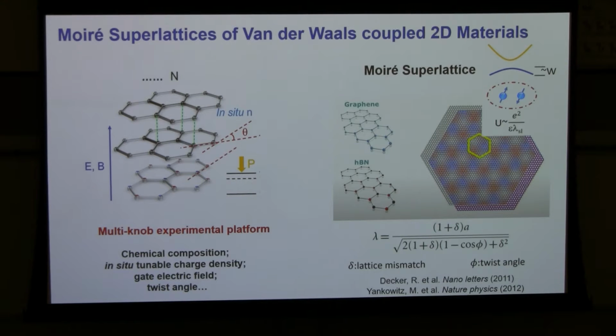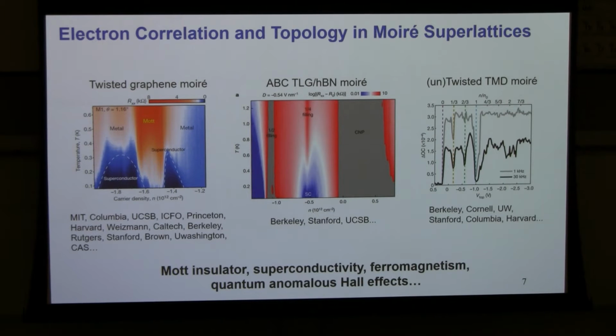And that additional modulation in real space can give you an additional knob to control the bandwidth to get flat band, and also control how strongly the electrons are talking to each other in the flat band. And of course, you can also introduce the twist angle between these two layers to further control the periodicity of the Moiré superlattice, right? And you can generalize this Moiré superlattice concept to other 2D materials. For example, the very first one, even simpler one, is graphene on graphene. They are exactly the same, so the periodicity is completely determined by the twist angle.